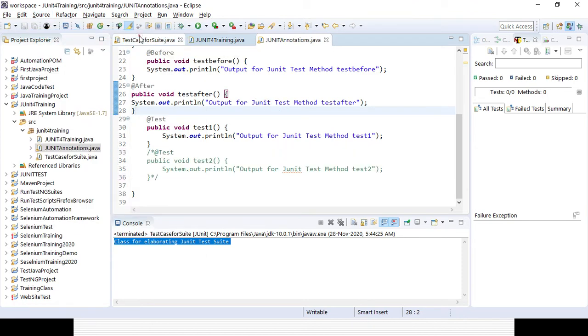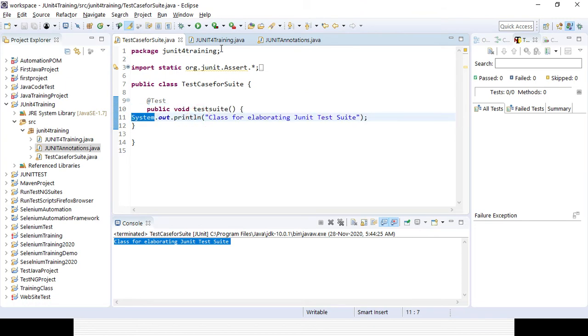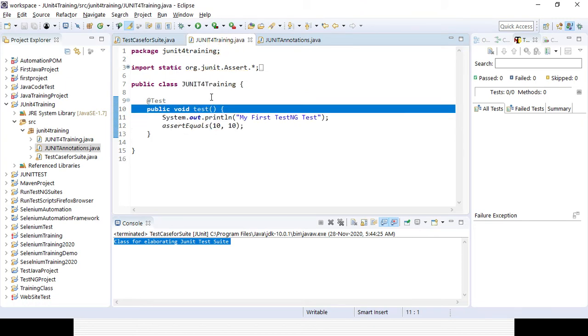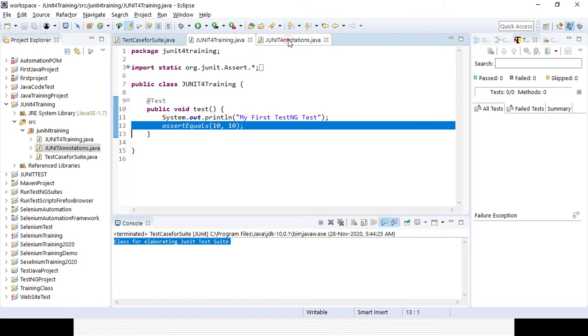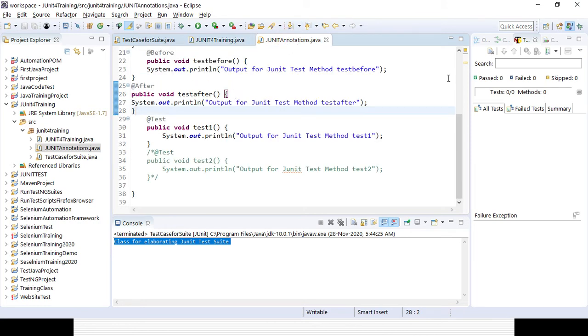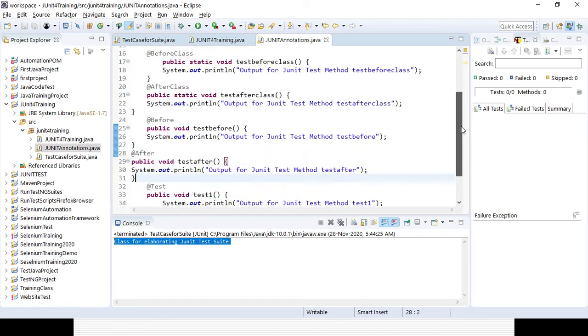One class I have created just now, which is the test suite class, and it has an output. Another class was there, JUnit, where only a test method is there and some output is coming. We have also added some assertions. And in the JUnit annotation class you can see Before and After, BeforeClass, AfterClass, all the annotations along with one test method.